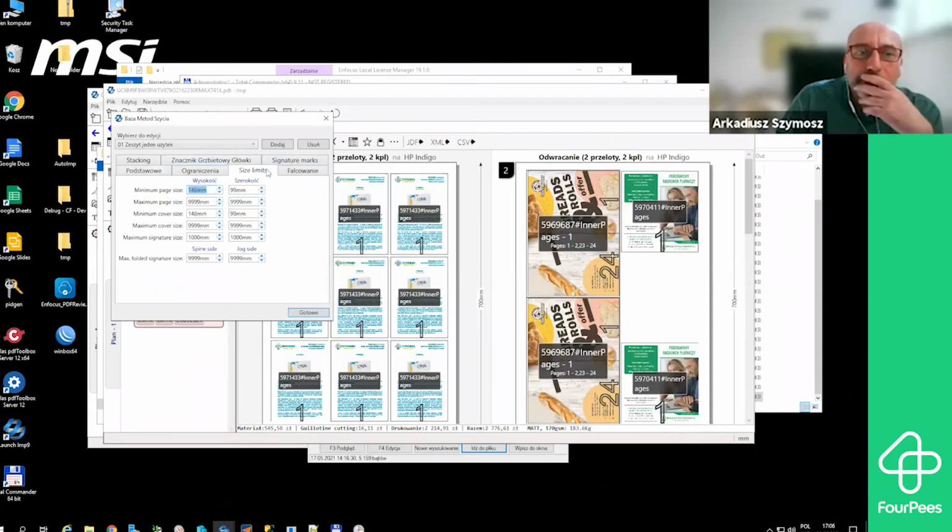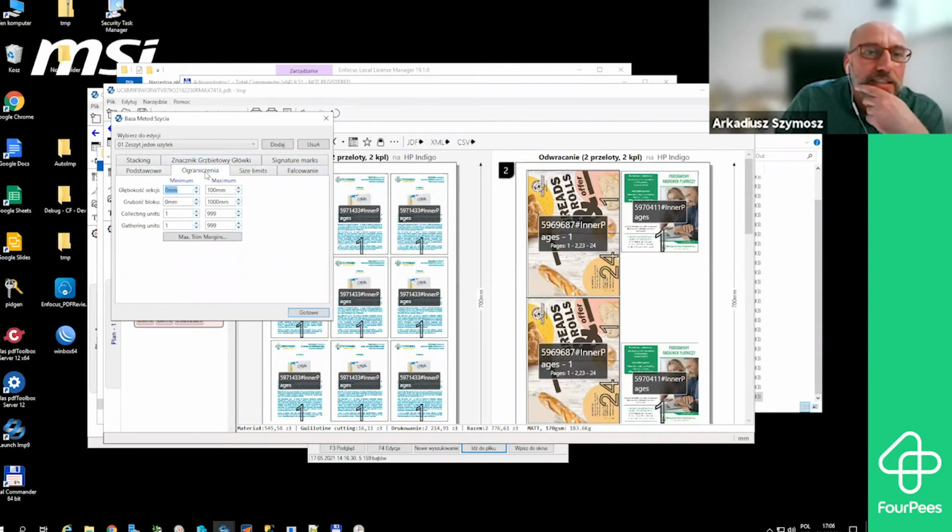Here are size limits and the collecting and gathering units. Upon these settings, you decide whether it is possible to use such a finishing or not. What I present here is this company is equipped only with Horizon saddle stitchers. So they use only